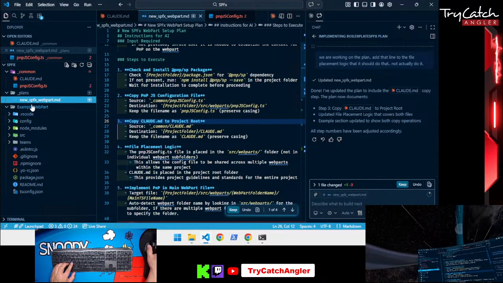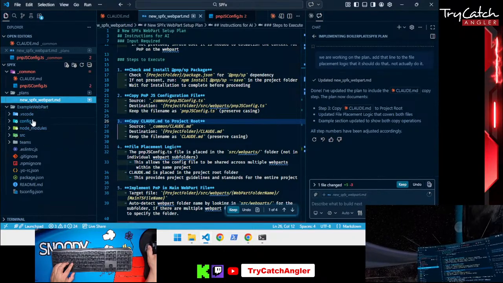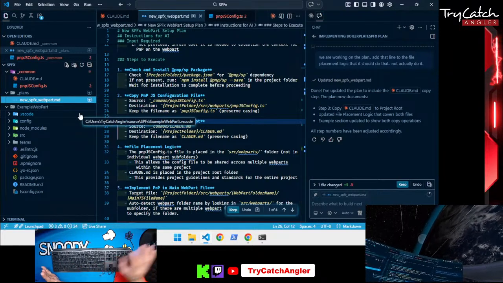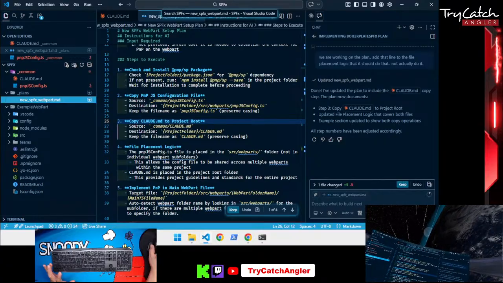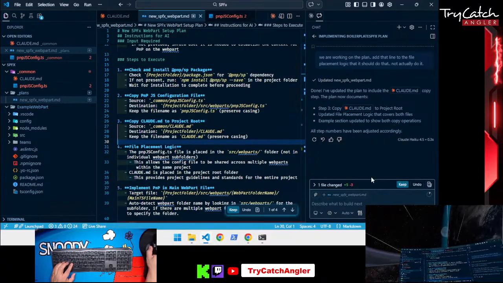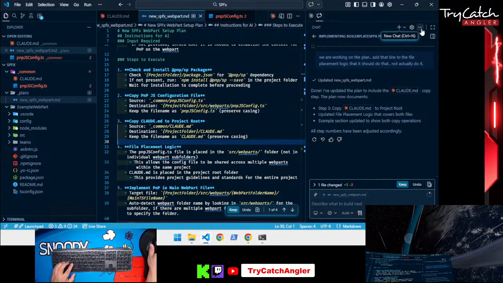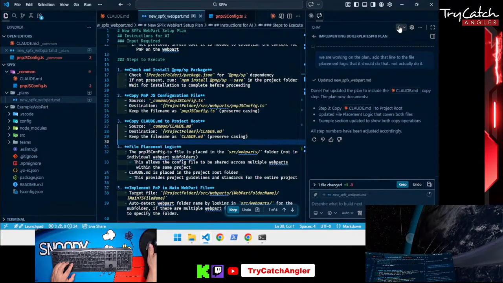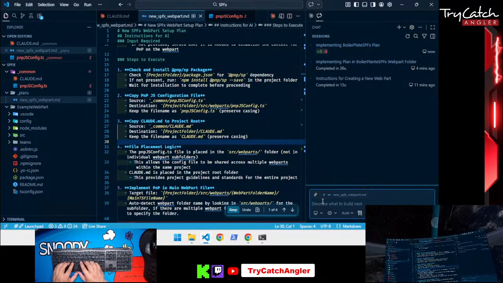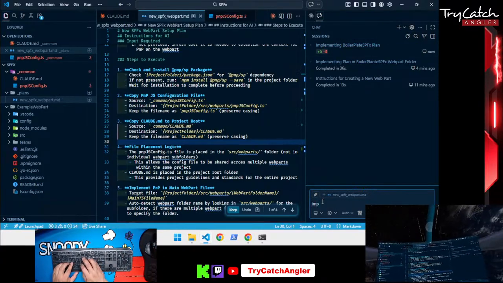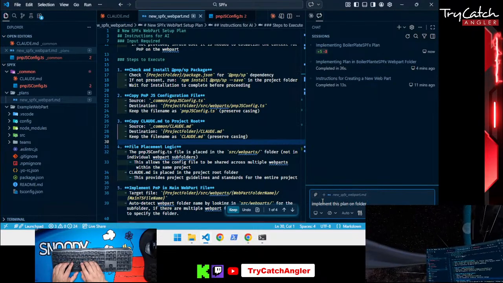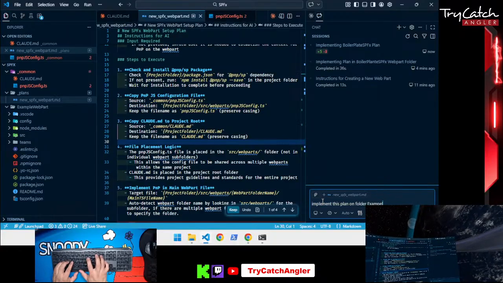Okay, so here's our example web part. I should be able to tell it, go ahead and help me get started here. Okay, so now we're gonna tell it in a new chat, because we're gonna start constant new chats until we get this right. All right, so in this chat, we're gonna tell it implement this plan on folder example